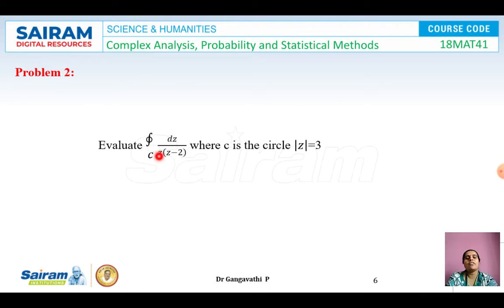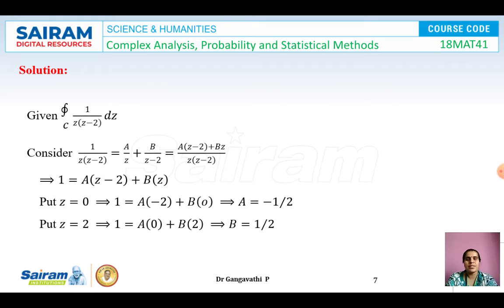So if it is only in the form of f of z by z minus a, there is no doubt, straight away we will consider the denominator, find out the value and go ahead. But here the z minus a is multiplied to z, and moreover they are existing in product. But our standard form is only having one term. There is no product of the terms allowed there. So consider 1 divided by z into z minus 2. Let us segregate, and let us convert this product to sum or difference of the terms, so that it becomes easy for us to go ahead and apply the Cauchy's integral formula.